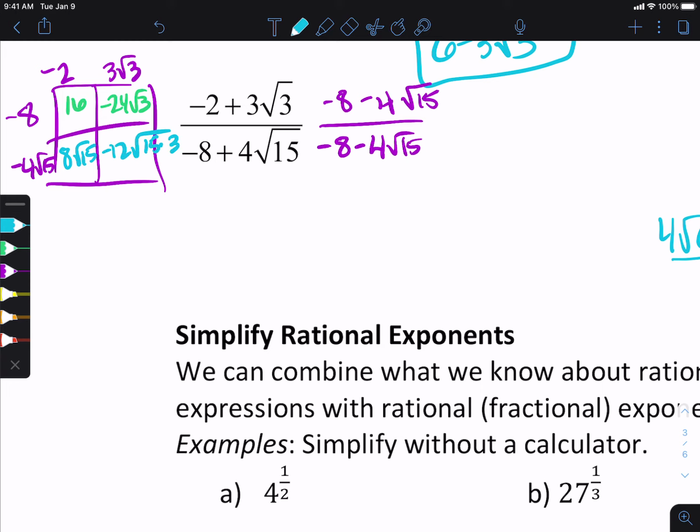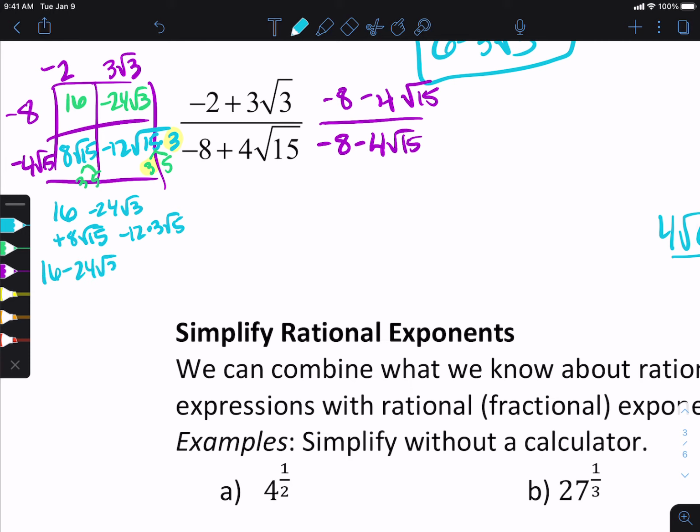And then the 15 times the 3. Okay. So then here, notice if I break down 15 it's just 3 and 5, so there's nothing to do here. If I break down this 15, that's 3 and 5, but I had this other 3, so there's a pair here. So then on top, that means that I will get 16 minus 24 root 3 plus 8 root 15, and then minus 12 times 3 root 5. So then that's really 16 minus 24 root 3 plus 8 root 15 minus 36 root 5. Right, so not anything that's super nice looking, but it's still a fine answer. So 16 minus 24 root 3 plus 8 root 15 minus 36 root 5 all over